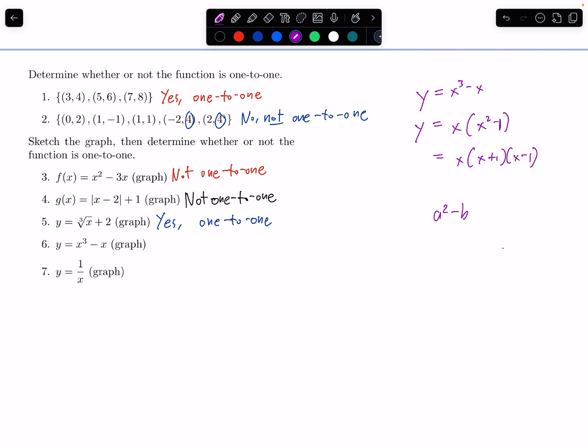Anytime you have something squared minus something squared, remember a squared minus b squared is equal to a plus b times a minus b, right? That's exactly the situation we have here. Exciting. Okay, so